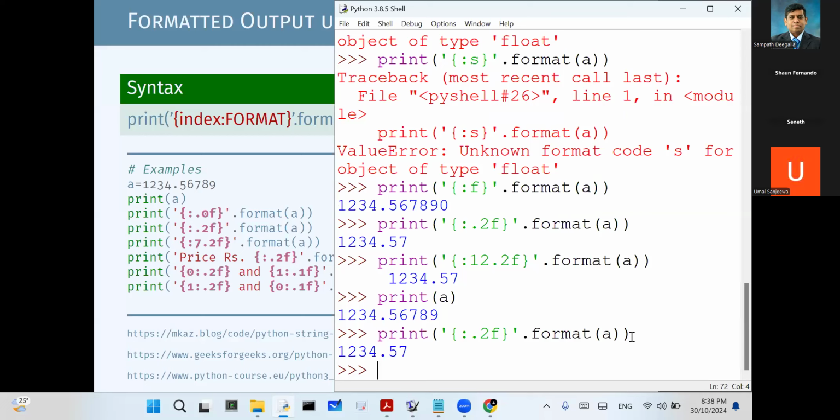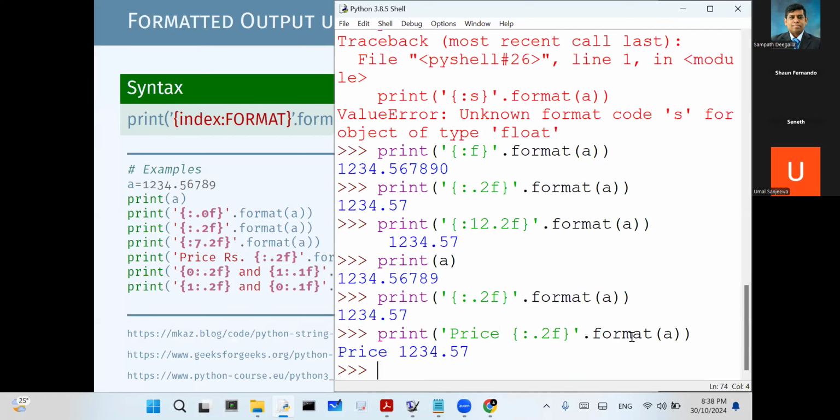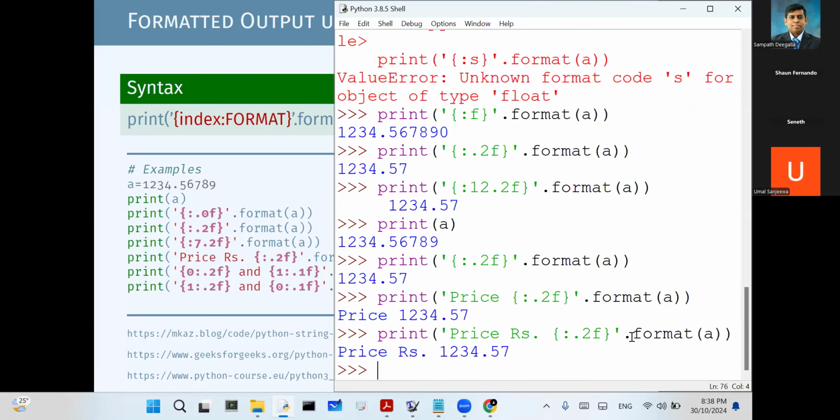Then, if you want extra information within the string, you can come outside and type. For example, you can say price. You can see price will appear together with the formatting. And if you say price rupees,